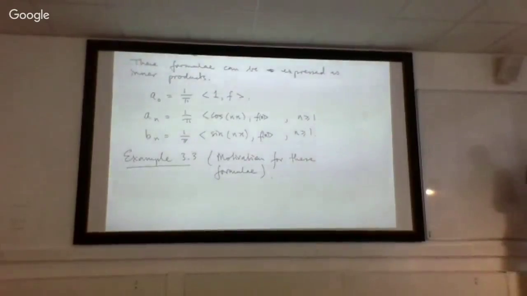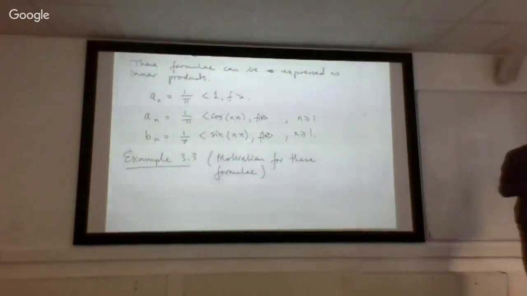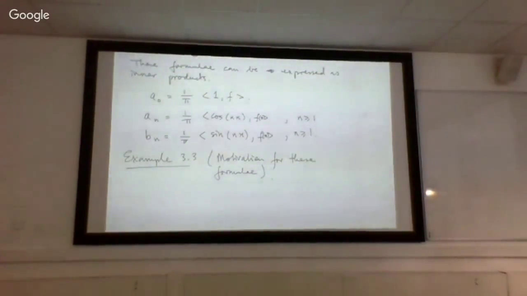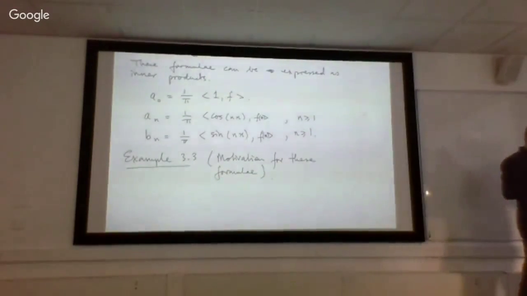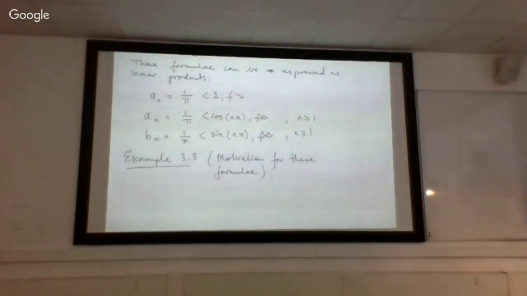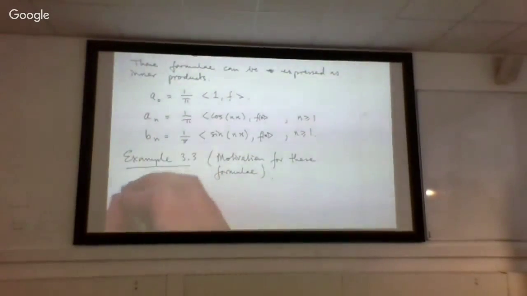So what does example 3.3 say? It says, okay, let m be an integer greater than 1. So we're going to use the existence of the Fourier series to find an expression for the inner product of f with sine of mx and show how this produces the above formula for determining the Fourier coefficient Bn. So if we assume that the Fourier series exists,